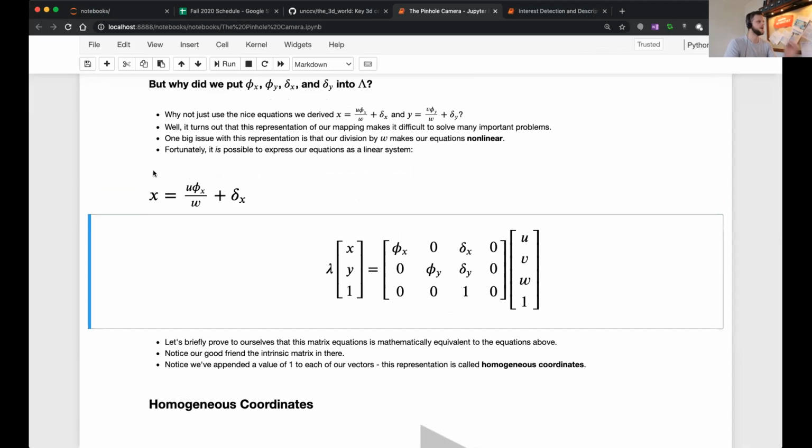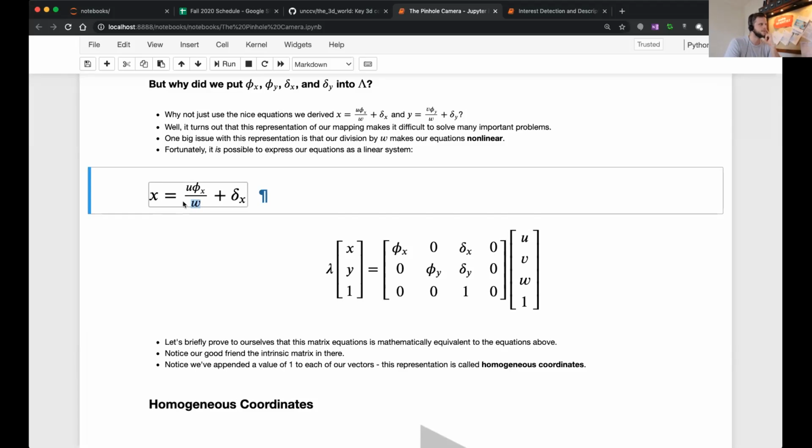But an equation like this here is kind of not fun to solve with an optimizer, with a computer, because we're dividing by W. Dividing by this variable W makes the equation nonlinear, because we're not just adding and multiplying. It makes the equation harder to work with. So it turns out that we can represent the same system of equations using this matrix multiplication problem,